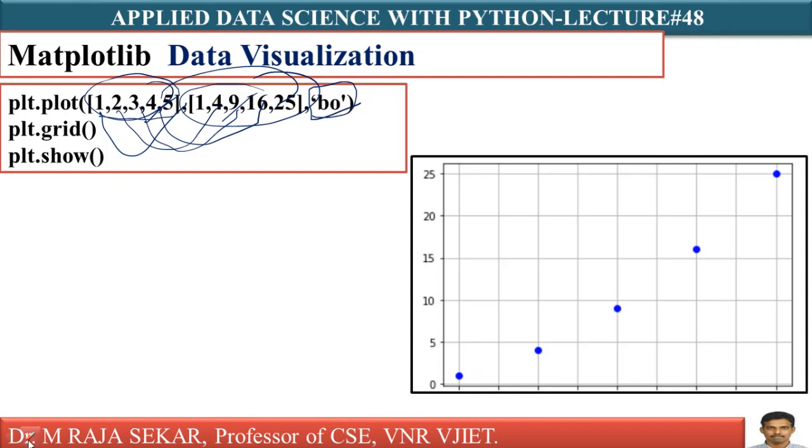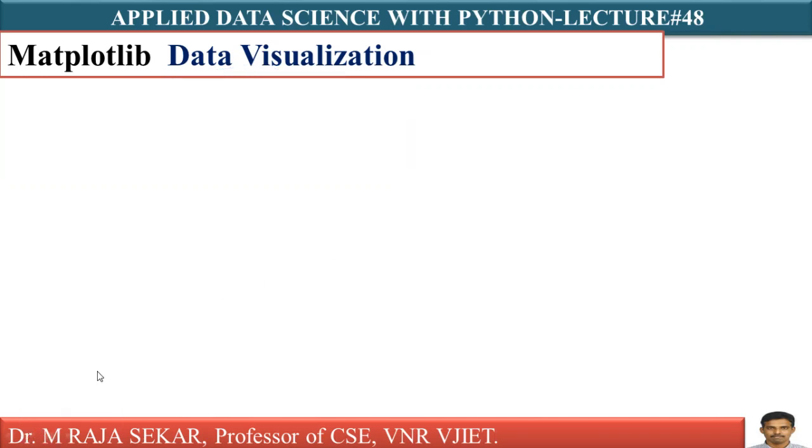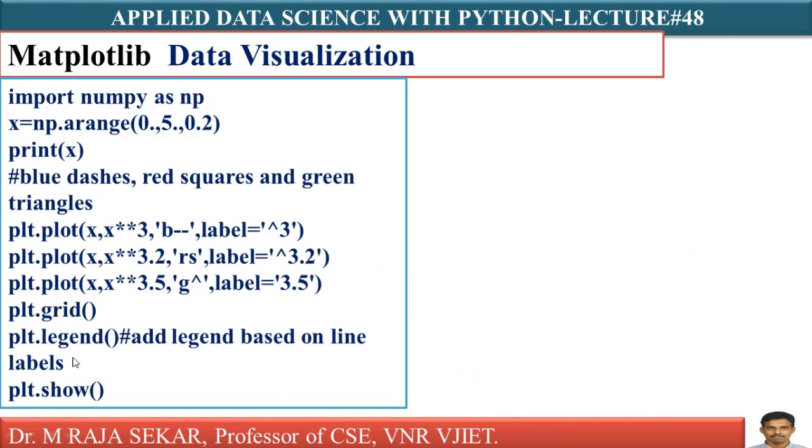b means what? b means blue. That's what it says. Just this is blue color. o means it will keep this type of symbols in the graph. I am keeping one more extra argument, list 1, list 2. This will be helpful for identifying points. After identifying points, you will keep blue color, o shape. plt.grid means you will get this sort of thing. You know what plt.show means? That particular object will be shown, isn't it? Again it is simple and straightforward.